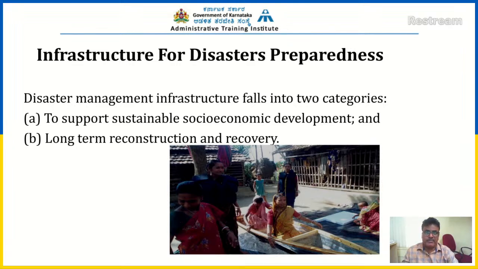For example, loss and damage for electricity is to be calculated in a standard format only. Similarly, loss and damage for housing, for roads, loss and damage assessment for drains, water supply, like that. So there are different tools, templates and methods. We need to use those and assess the total losses and damages. Then submit the report to the government for release of funds. That is how the long-term reconstruction is done. Okay, this is being done already. So I'm just explaining the practical aspect of the infrastructure required.